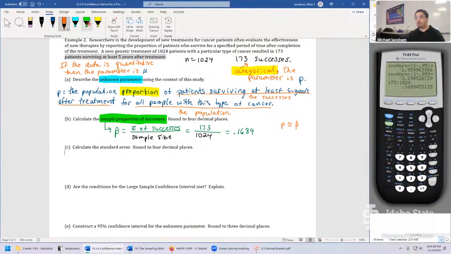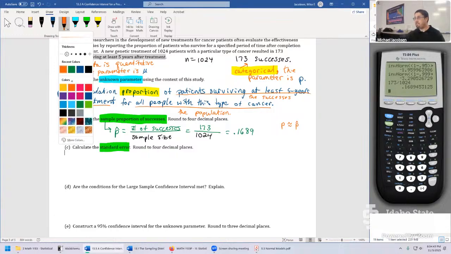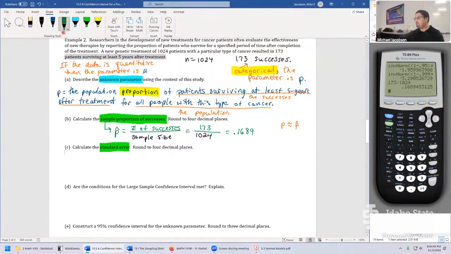Well, that's the standard error we're going to need next. Standard error depends on just what section you're in. If it's categorical data, if P came up and P hat came up, the standard error is going to be described as SE for P hat, and it changes for quantitative data. This is the square root of P hat times 1 minus P hat, divided by sample size n again.